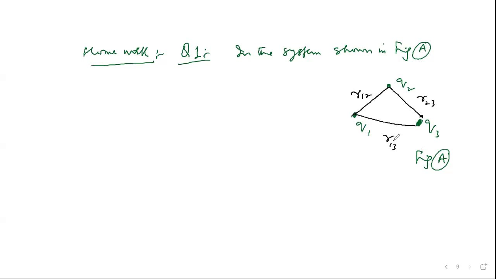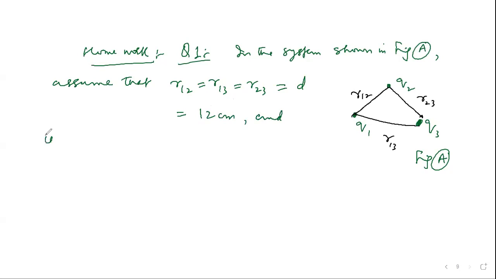The question says in the system shown in figure A, assume that R12 is equal to R13 is equal to R23, all equal to D equal to 12 centimeter, and that Q1 is equal to plus Q, Q2 is equal to minus 4Q,